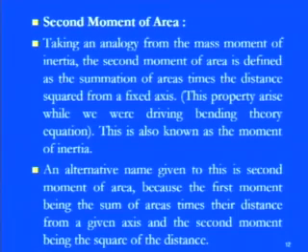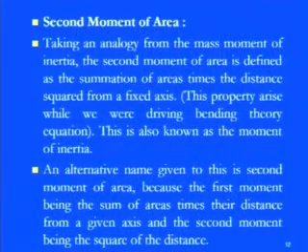So, y square into dA will give you this property, which arises while we were deriving the bending theory equation. This is also known as the moment of inertia, because we are using the same concept of mass moment of inertia, in which we take individual sections and sum them up. So here also we can say it is the moment of inertia, in which we are calculating with the same concept. An alternate name given is the second moment of area,